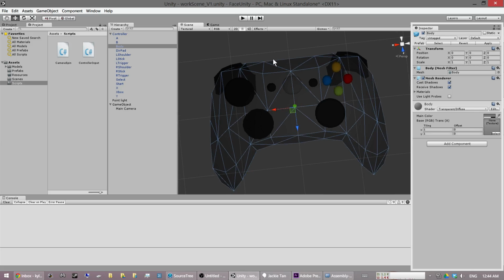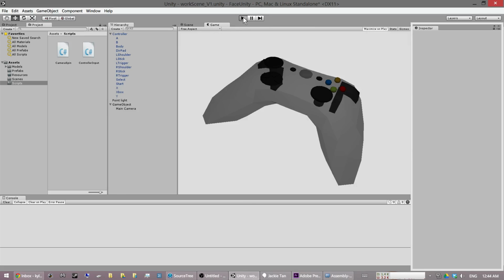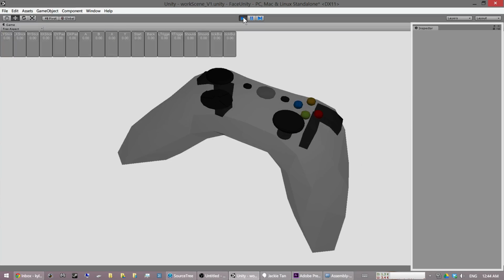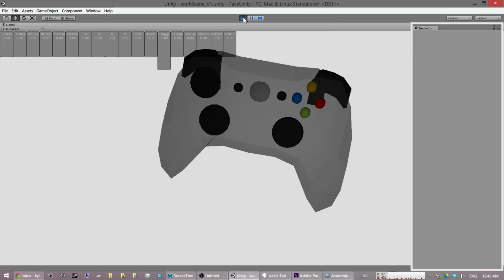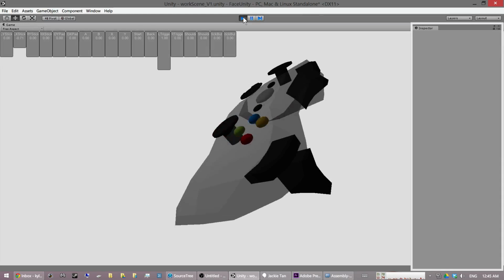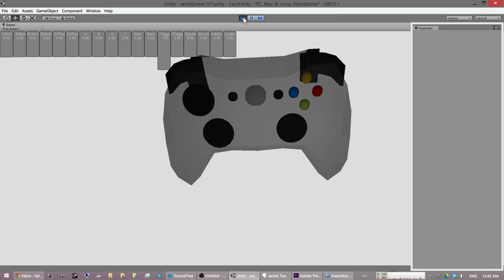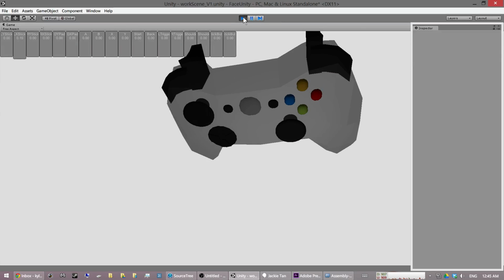So I have my controller model. This is what I did with it. I mapped all of the inputs from my Xbox controller 1:1 onto the controller. I have a little control. If I hold down the left trigger and move the stick, it moves this thing around just so we can get better views. So you can move the sticks, you can press the sticks in, you can press the buttons,